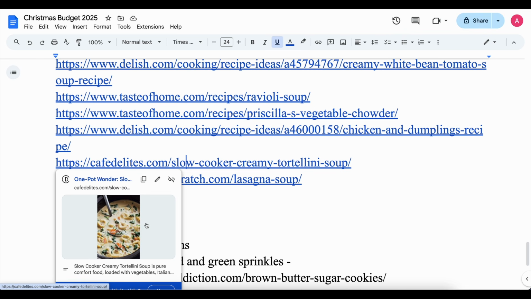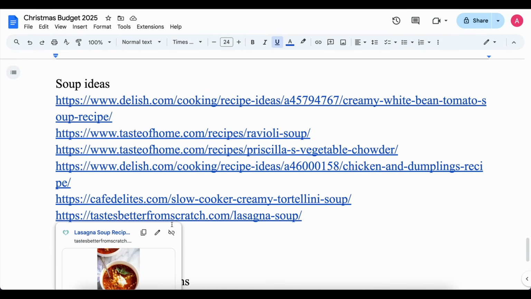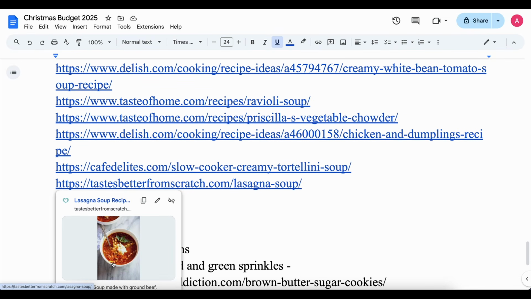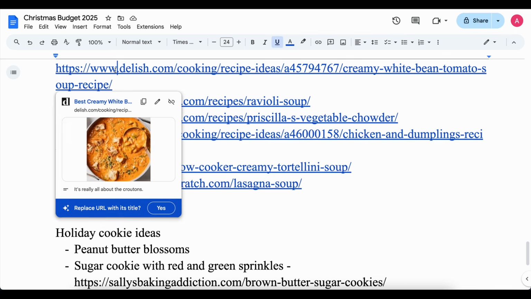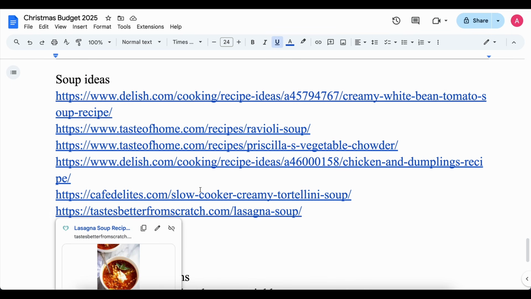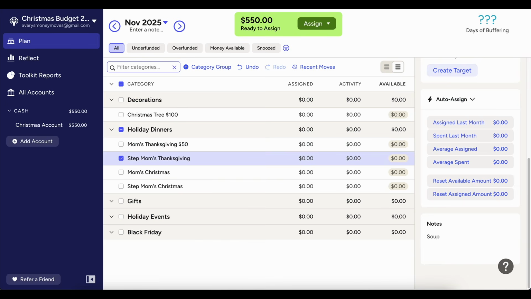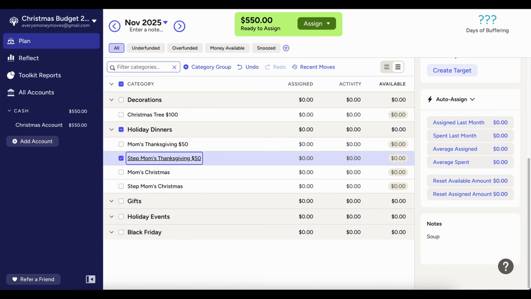And then there's also this slow cooker creamy tortellini soup where you put sausage in it too, and that can be good. And then I guess down here, I did have a copy of a lasagna soup that I've made one time. So that's kind of what I'm thinking with those. But as far as the cost of that, I don't really know. This would be cheaper. It kind of just depends on what I have. I should probably just assume, just in case, I need to purchase every ingredient. So we'll just say $50 for this.